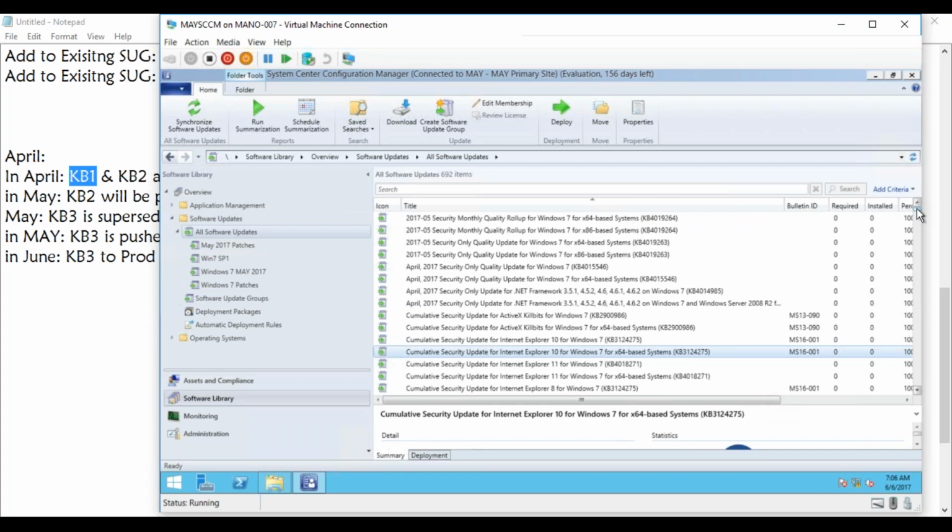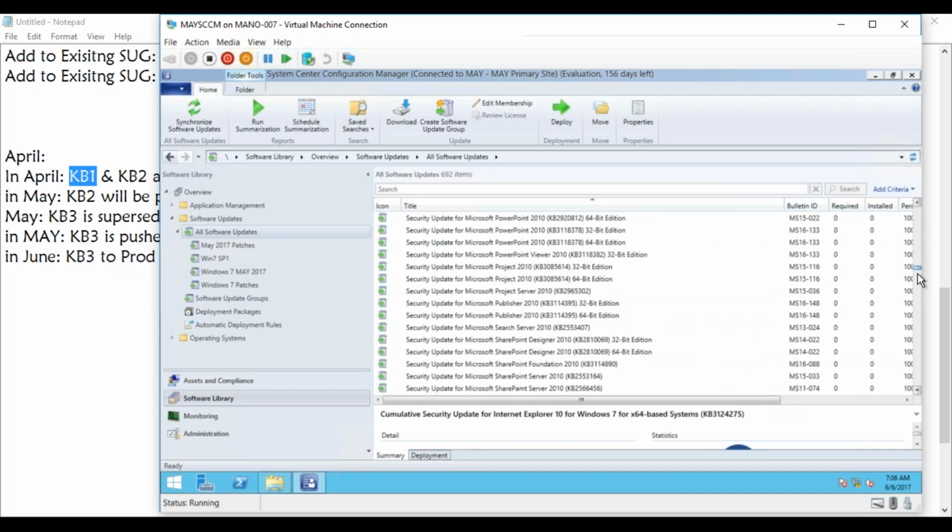So if you subscribe to it, you will get a mail saying that this is expired and this is superseding. That's the mail communication you'll get, and it is also available on TechNet. Apart from that, from the SCM console, you can see this icon in green right now. So what you will have is, if it is an expired patch,